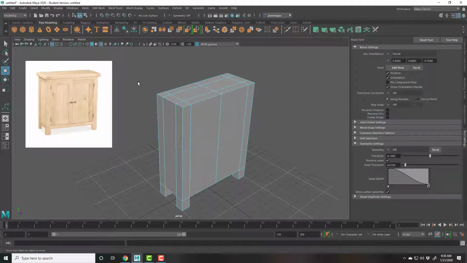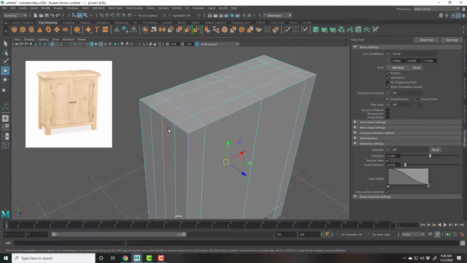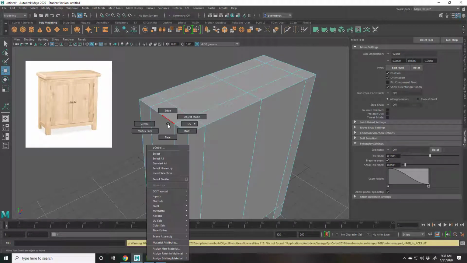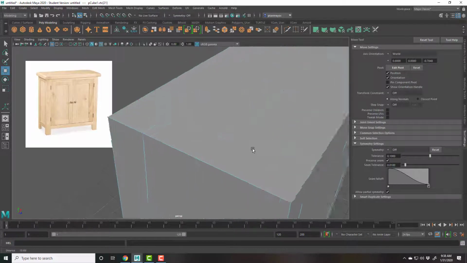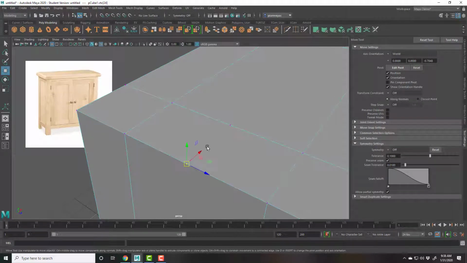Now, why can't I just hit delete on my keyboard? Well, I want to show you something. Hit delete on your keyboard. Now go to vertices. You've got a bunch of vertices there. This is what's called an isolated vertex. It's also what's called a floating vertex. And floating to me is a more apt term for it, because